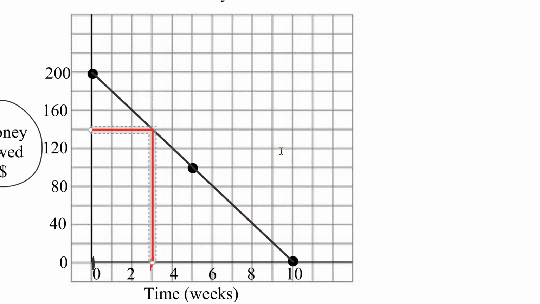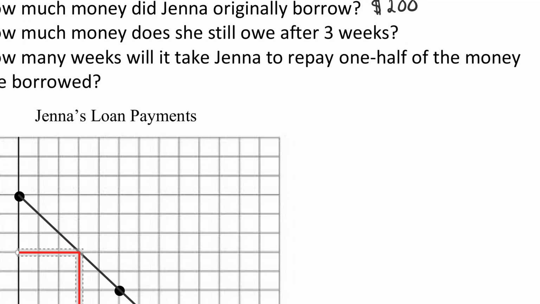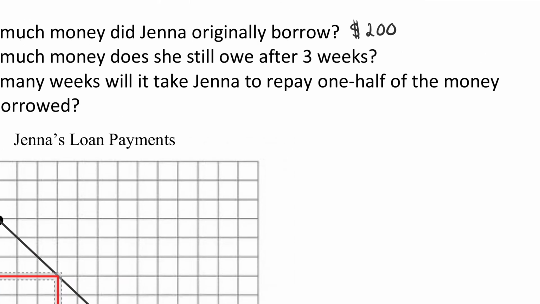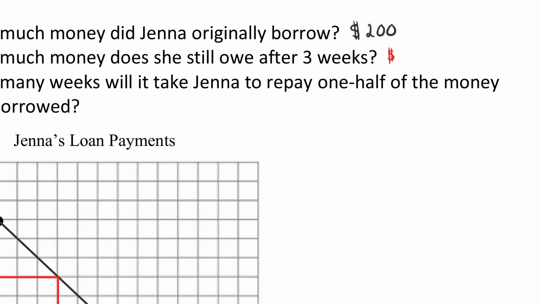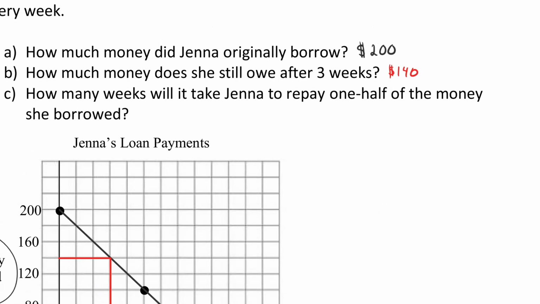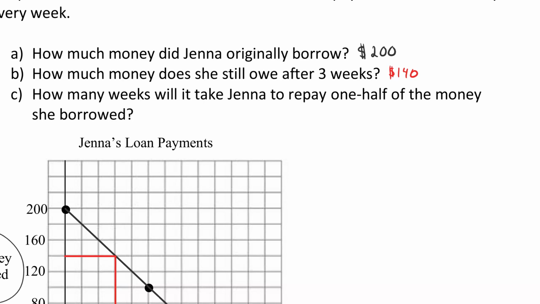Well, she's falling in between 120 and 160, so that means that that line there is going to be $140 that she owes at that time. So at 3 weeks, she owes $140. And we move back up here and we just write down that she owes $140 at that time. The third question that we have here is how many weeks will it take Jenna to